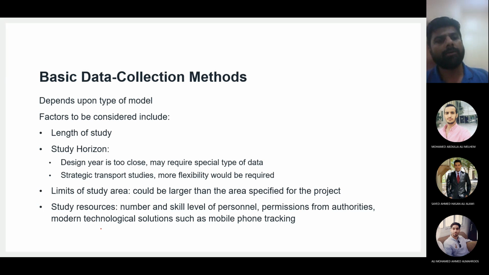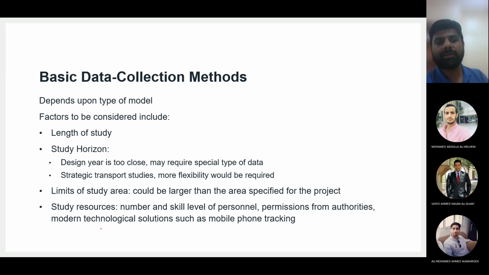Okay, the data collection methods depend upon these things. How would you collect data? It depends upon these things. First of all, the type of model which you need. Are you building a linear model, or a logarithmic model, or between which variables will the model be, and so on and so forth. So you must have some idea of what type of equation you are trying to develop, and that will affect your data collection method.